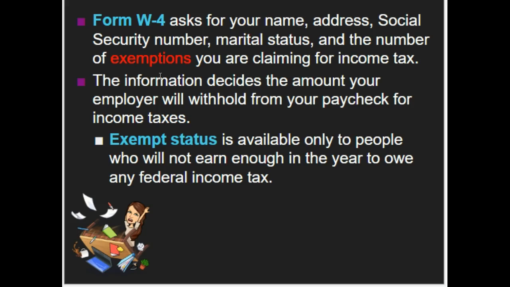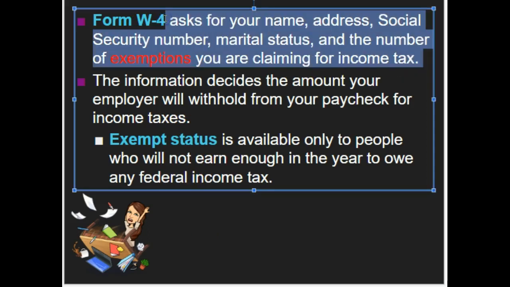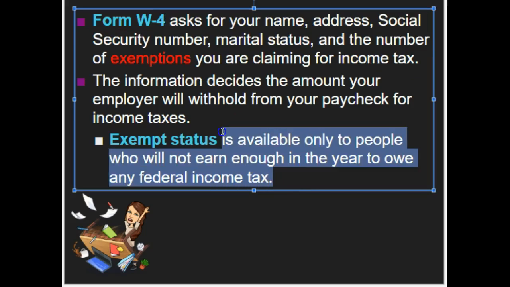If it turns out at the end of the year that you did not make enough money to meet the federal limit, then you will be considered under an exempt status, which means that the government will give you all your money back, that you actually don't have to pay federal income taxes for that salary. Federal income taxes are one of 4 required deductions. Please write these 2 definitions down. The W-4, and the definition should go up to here, and exempt status. The definition is up